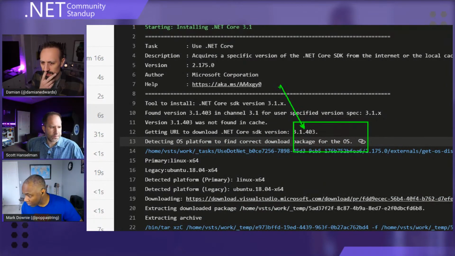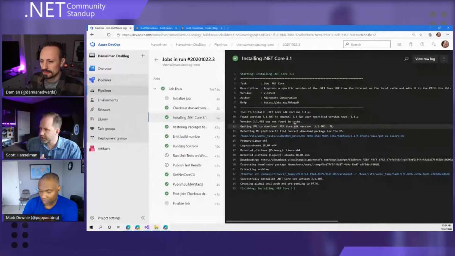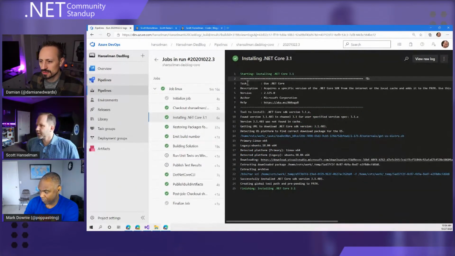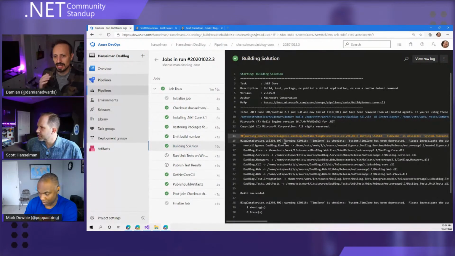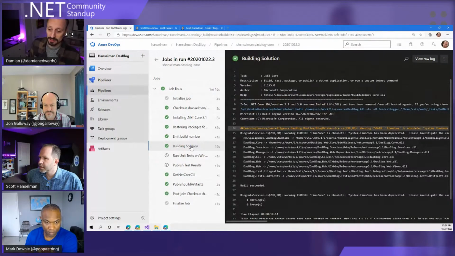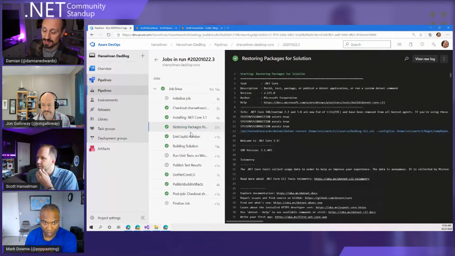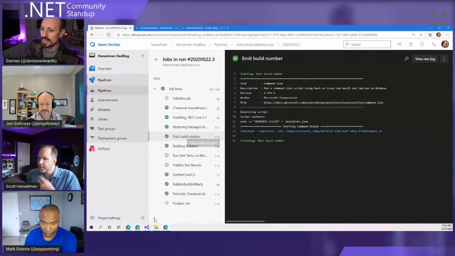Okay, so just wait a second. Let's make sure we read the rest of it. And it's on Ubuntu 18, which is not awesome. But then it says it's successfully installed. So then the other thing would be that the SDK will determine what version to use based on your project file. Which I'm assuming the only information in there you have is the TFM. Like I'm assuming you're not overriding any of the other properties.